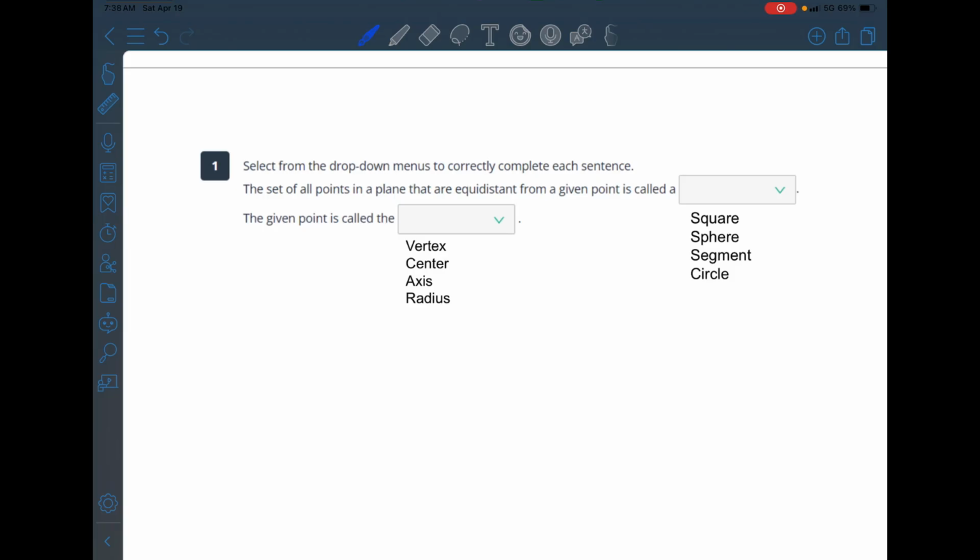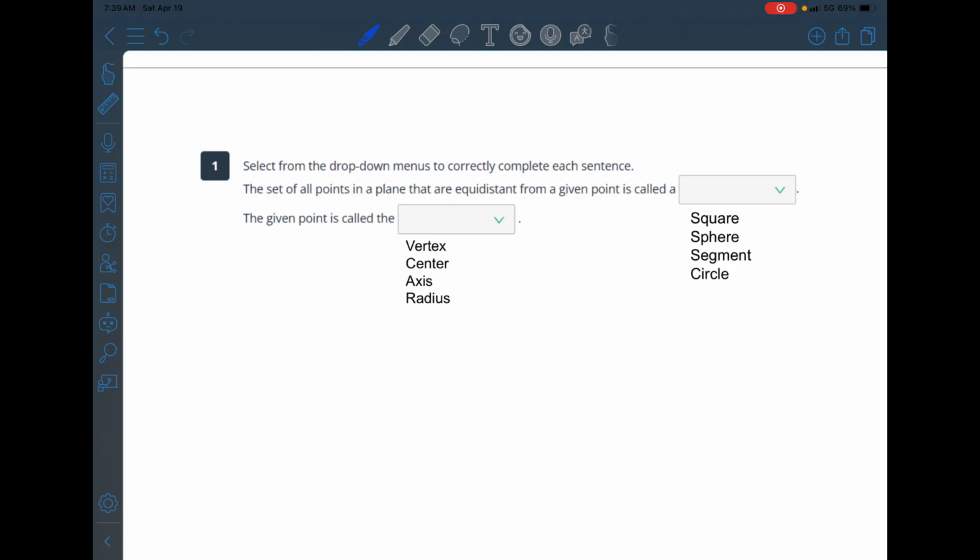First question is asking to choose from these. Now, of course, these drop-down boxes don't work on Google Slides, but this is something you may see on the Leap. So it says select from the drop-down boxes. The set of all points in a plane that are equidistant from a given point is called a, well, it